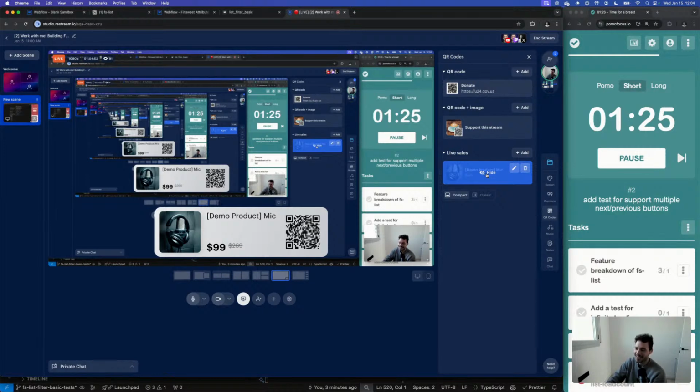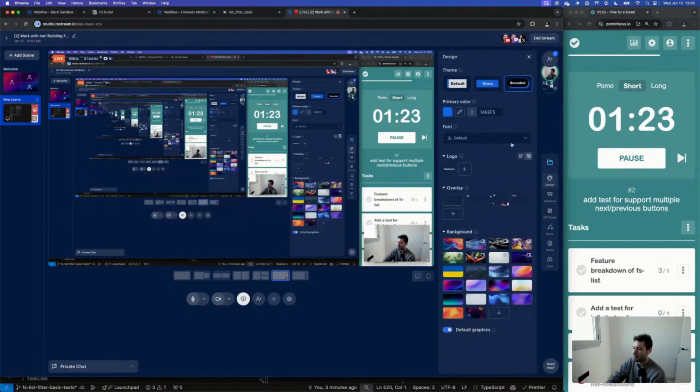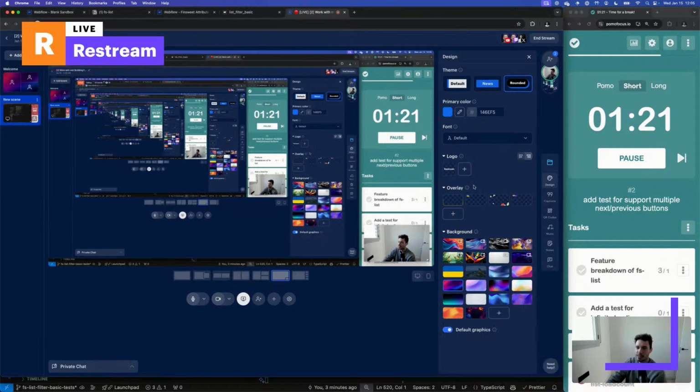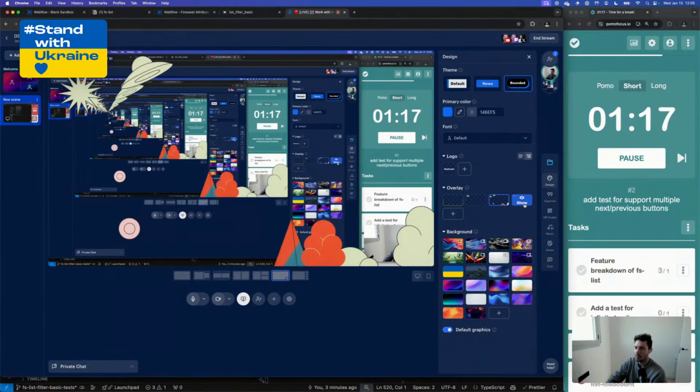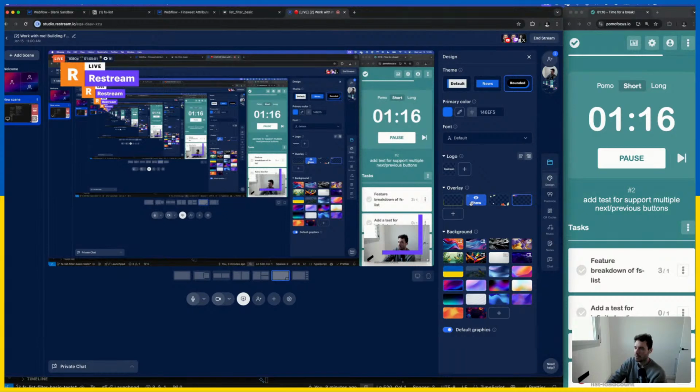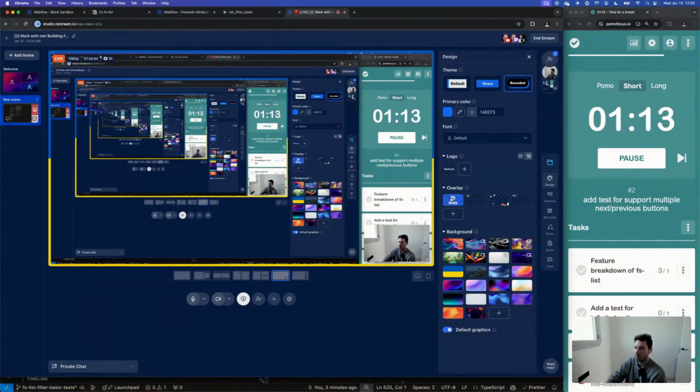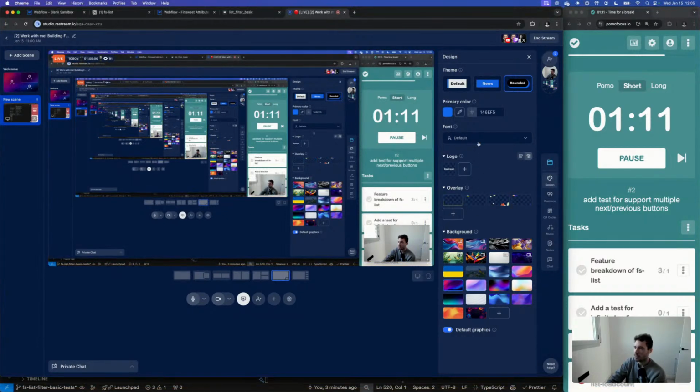Nice. I can tweak the settings, like I can add overlays. This is all default. Interesting. And I can change the colors. I can change the styles of the things.